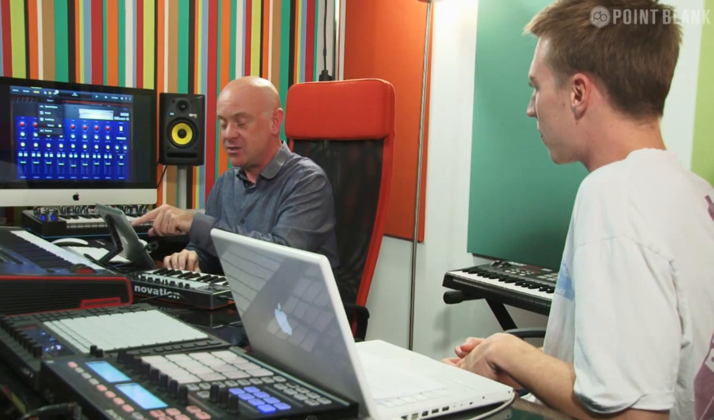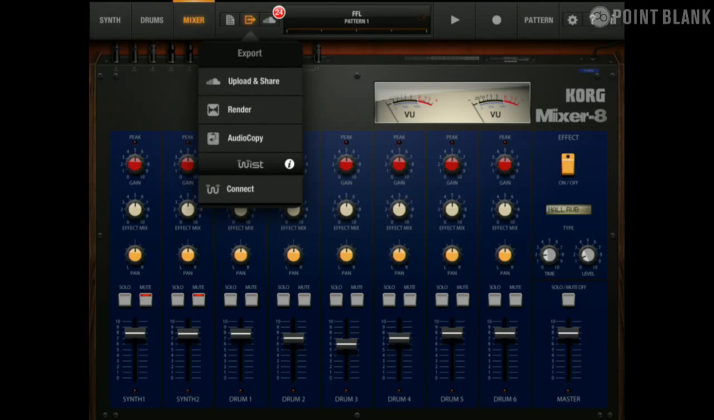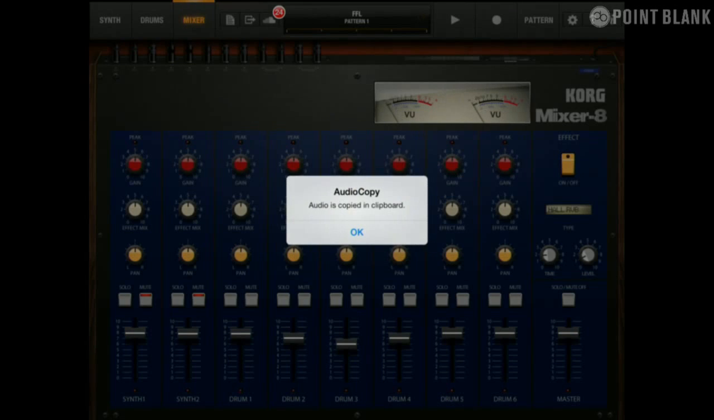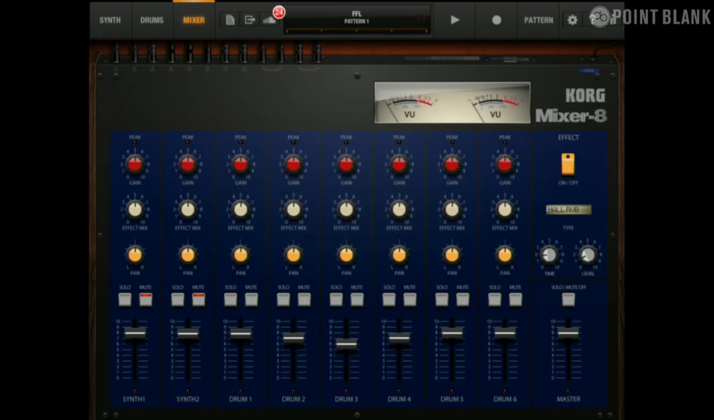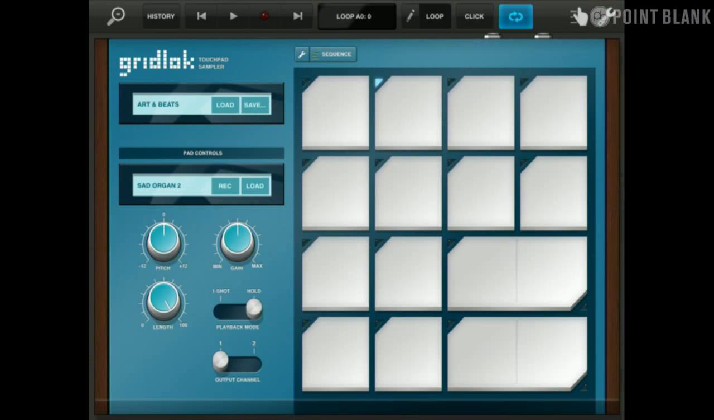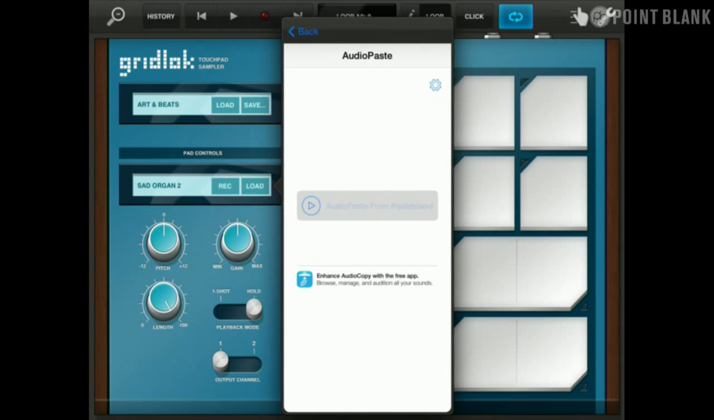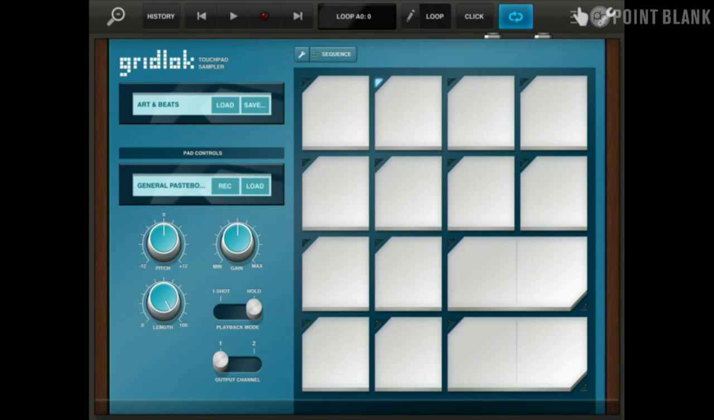We've got in here the ability to render. So if you have made your entire track within this, you hit the render button, and it bounces it to a stereo stem. But what I'm interested in is audio copy. If I click the audio copy button, there it goes, rendered, and it's copied to the clipboard. That's that one-bar loop. Now, if I go back to this, click on this second pad here, go to load, go to audio paste from board, and it's pasted the audio in from the Poly 6